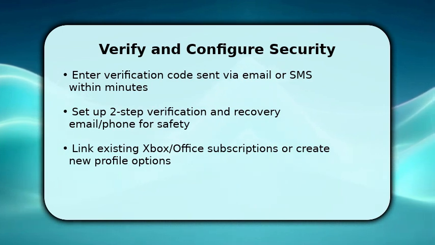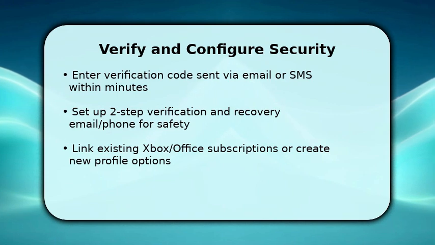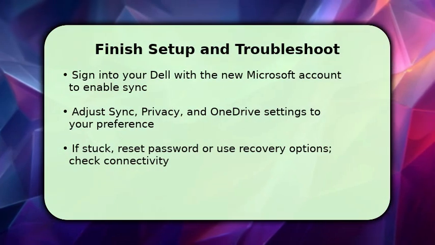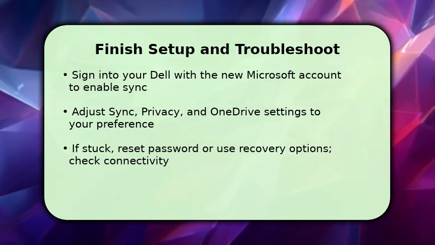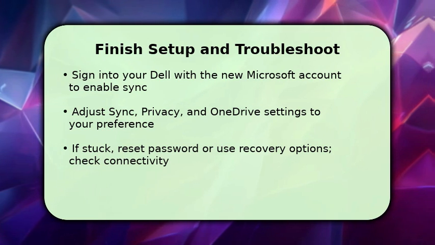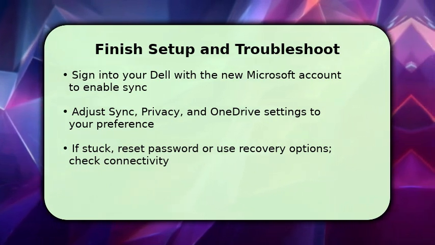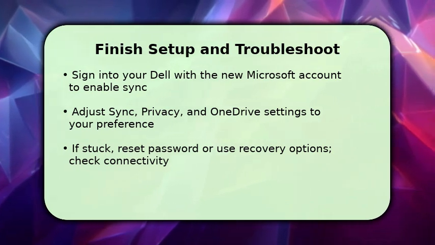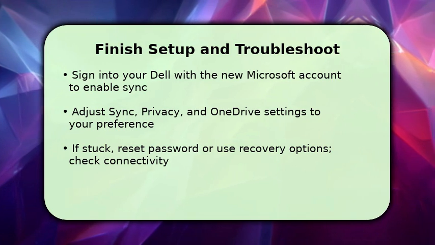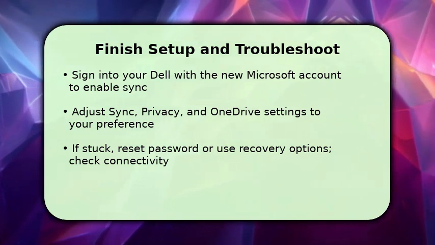Sign into Windows on your Dell with the new Microsoft account so syncing, OneDrive, and Microsoft Store access activate immediately. Once signed in, open Settings to adjust sync, privacy, and OneDrive choices to match how you want files and preferences shared across devices. If something fails, first check internet connectivity, then use the password reset or recovery options you added